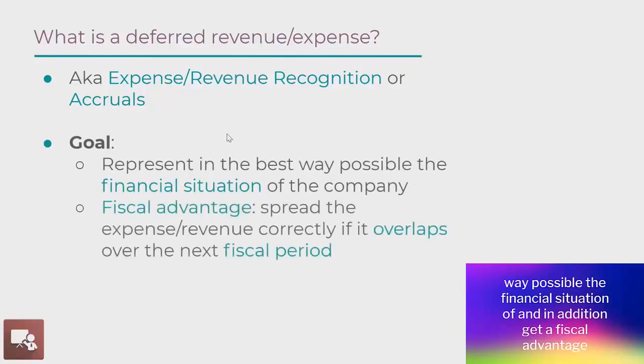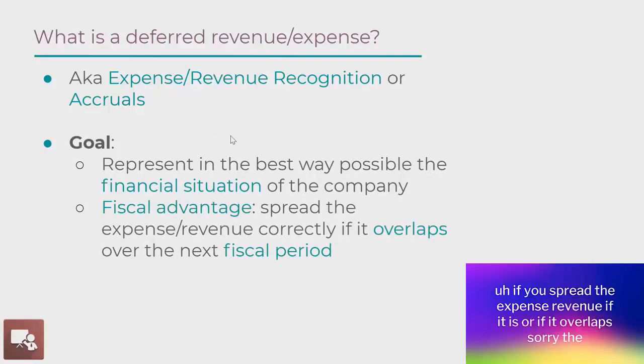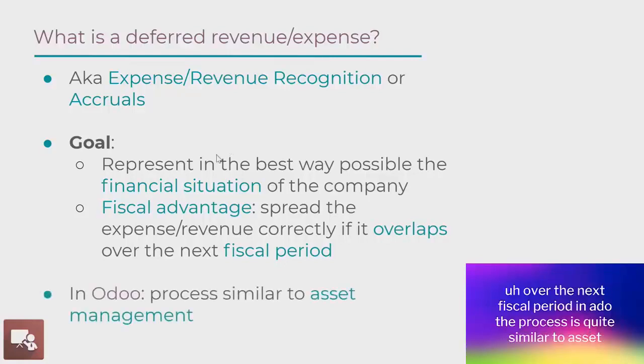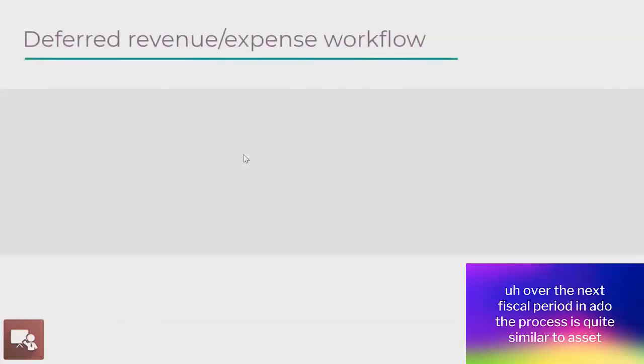The goal, of course, is to represent in the best way possible the financial situation of the company, and in addition, get a fiscal advantage. If you spread the expense or revenue, if it overlaps,